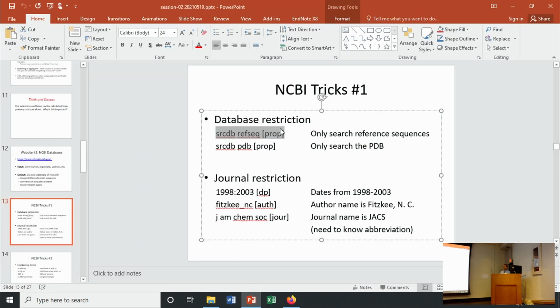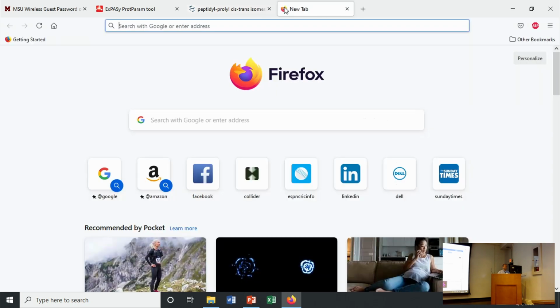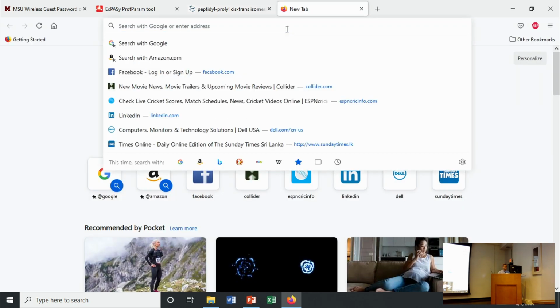So other things that you might care about in the NCBI databases, we just did reference sequences. We can filter based on the PDB, and we'll talk about the Protein Data Bank a little bit later. We can talk about restricting journals. So if I go into PubMed, and I know your advisor might be the same as mine,